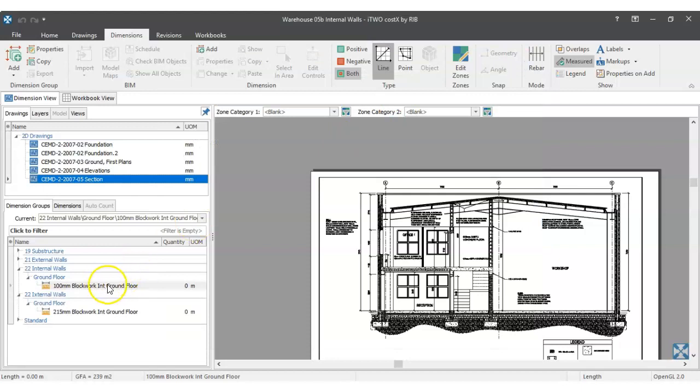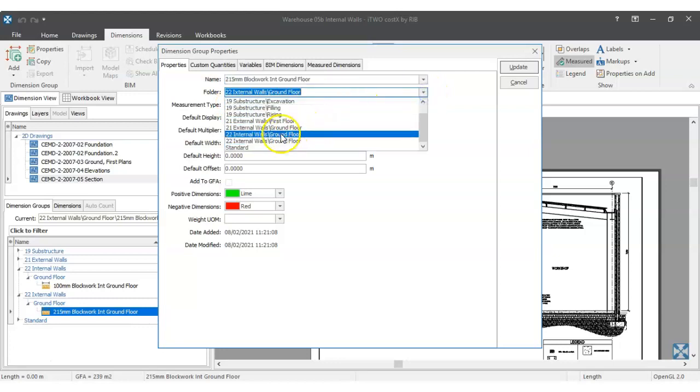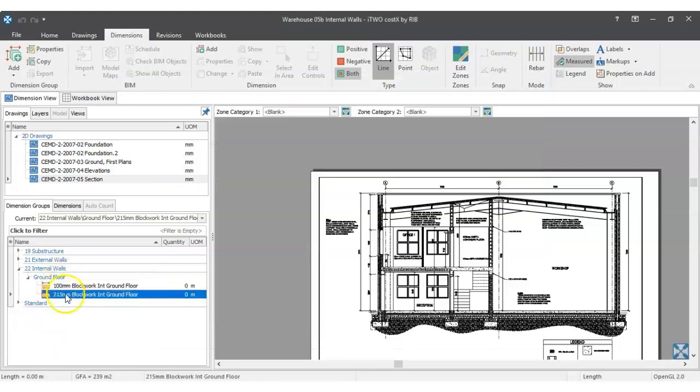Click Insert. I do have to go back and change this one to its right folder, which was internal walls rather than that little typo. So that will put them in the same category. So internal walls, ground floor, 2 dimension groups. From a height perspective,